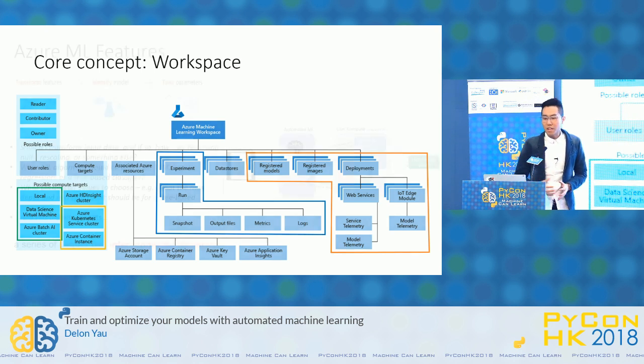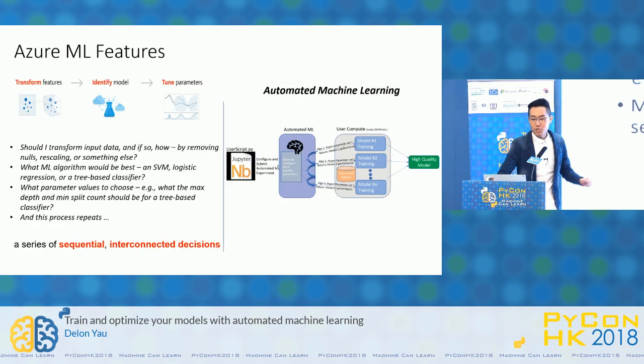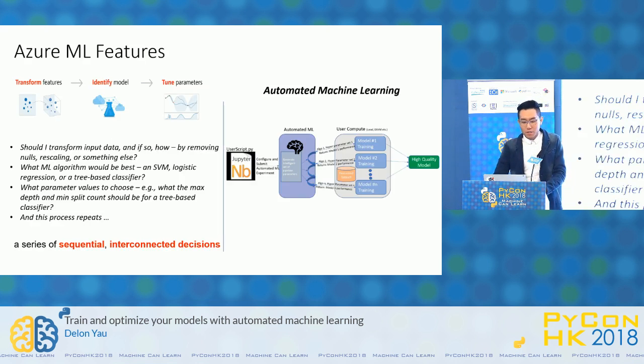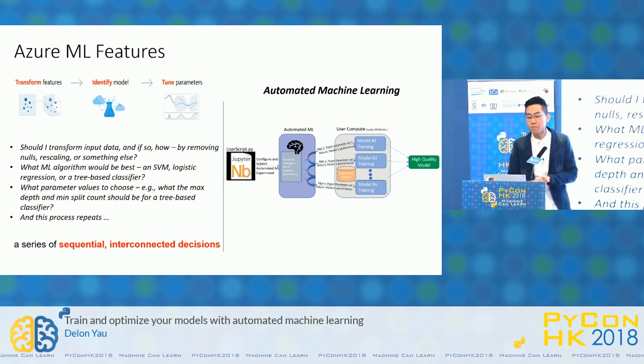So as I've mentioned, I'm going to cover automated ML. This is just a slide showing you how it works. Whatever algorithms, for example, if you are dealing with classification, we will test it against a support vector machine, logistic regression, or tree-based classifier. As of today, we support regression and classification models only,